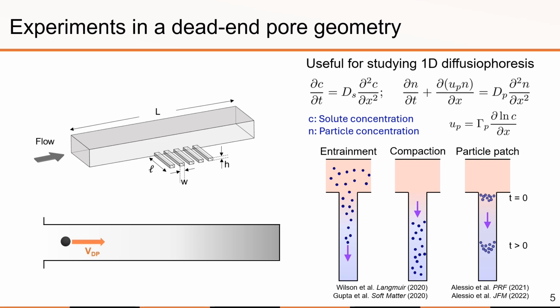One very important feature of the dead-end pore system is that the solute gradient that moves particles also generates the diffusiosmotic flow along the pore walls. This surface flow induces bulk liquid flow inside a pore, and as a result, the apparent particle velocity becomes the sum of the diffusiophoretic velocity and the local flow velocity. I won't go through the details of the liquid flow here, and I'll move on to the pH dependence of